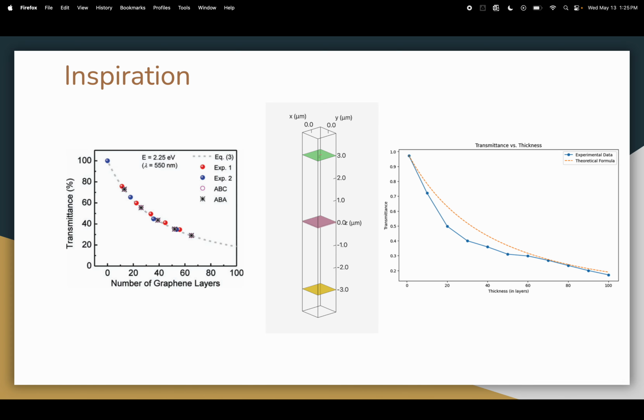And I was able to obtain this graph. So it is a little bit different, as you can see. The formula for this curve, which the paper graciously provided, is this dotted orange line. So you can see it doesn't quite match, and I attributed that to be due to the thin film effects of two-dimensional materials. Like when they get very thin, the electrons and atoms behave differently than in the